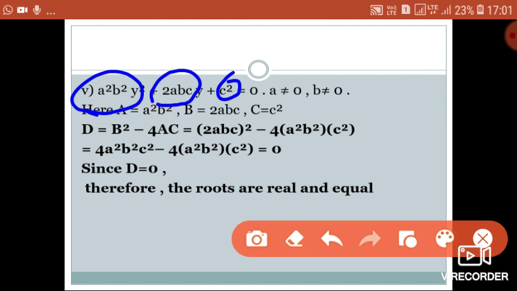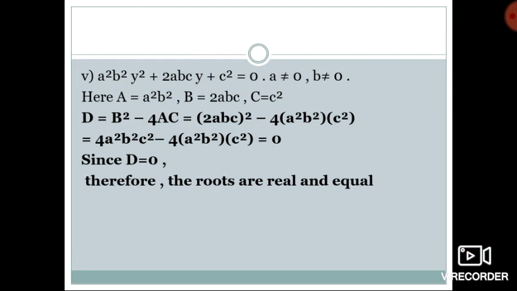So now we know the values of a, b, c. Substitute in the formula d is equal to b square minus 4ac. If you substitute and simplify it, you are getting the value 0. Since the discriminant value is equal to 0, you can say the roots are real and equal. Next,